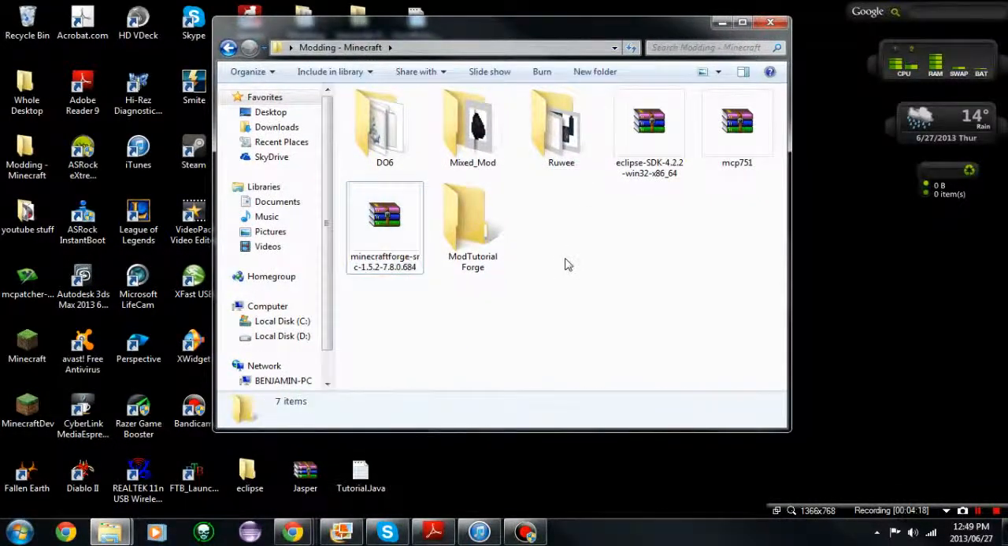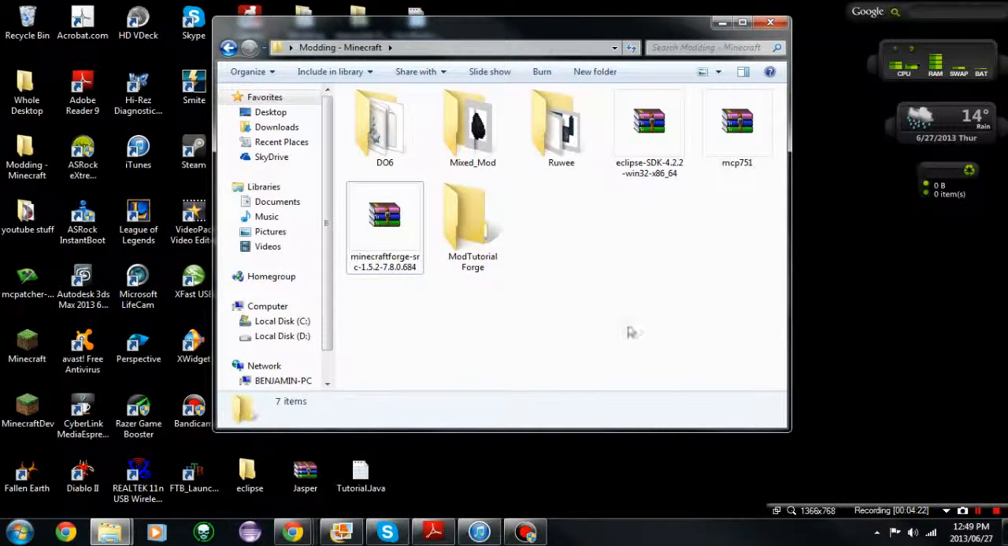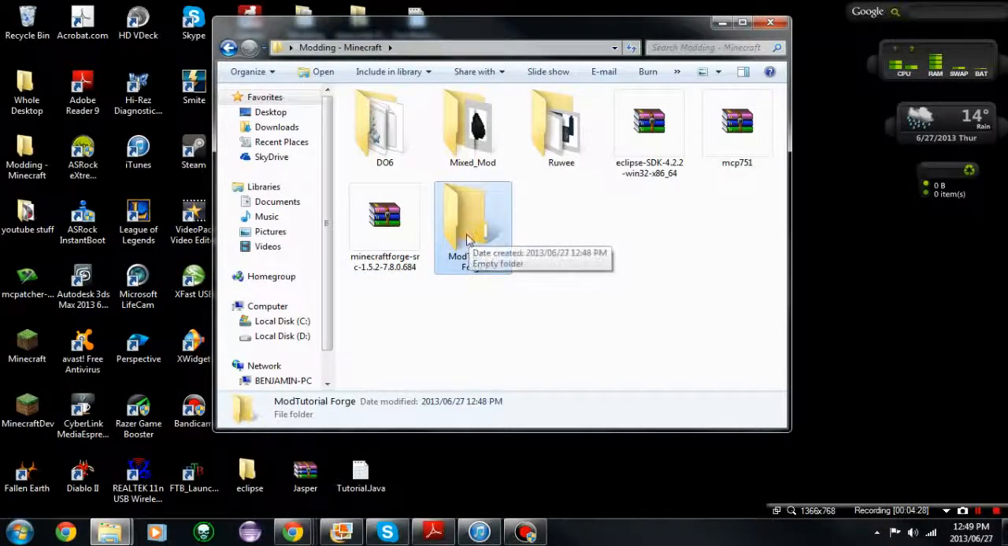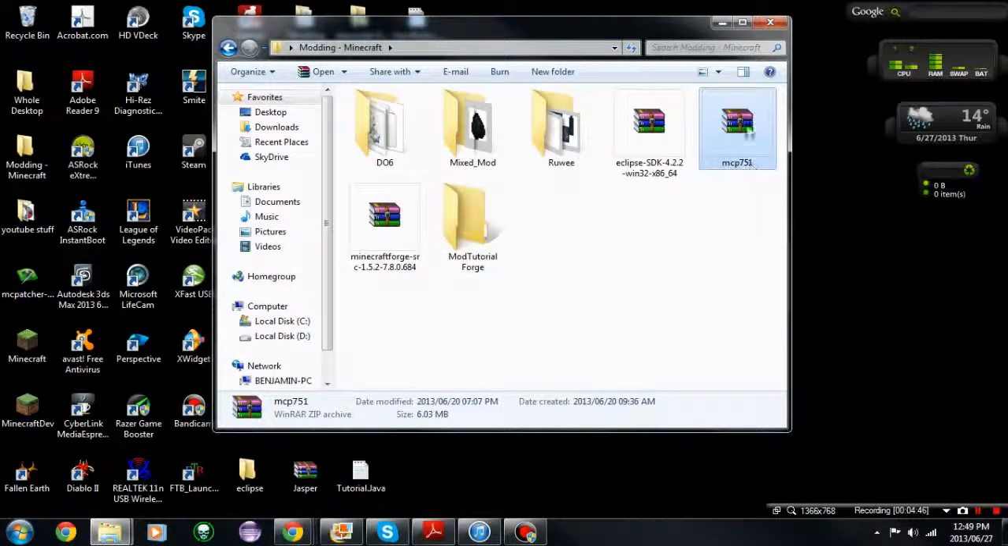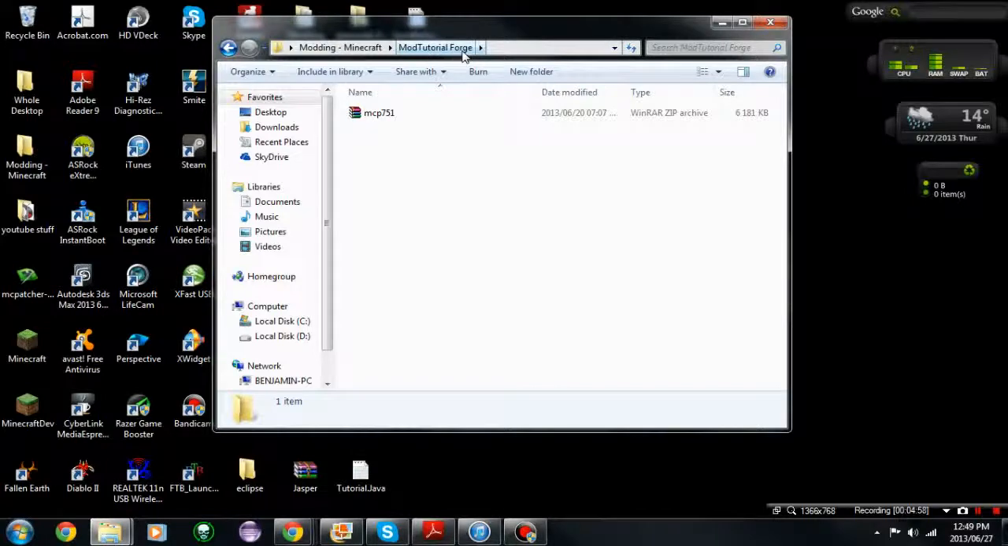What you'll see here, ignore the other files except for the .bat, which we'll be needing. Now in here, you'll see here's my folder I'll be using for this tutorial. You can put this folder anywhere you want, but I decided to put it into a new folder which I made, which is the modding Minecraft. Once you get MCP, which is the latest one you can get, drag it over to the mod tutorial Forge folder, which in my case is the mod tutorial Forge folder. Yours can be named anything else. And go into the mod tutorial Forge folder